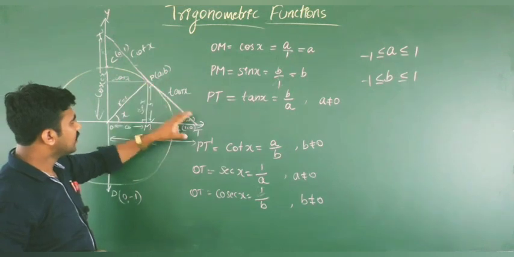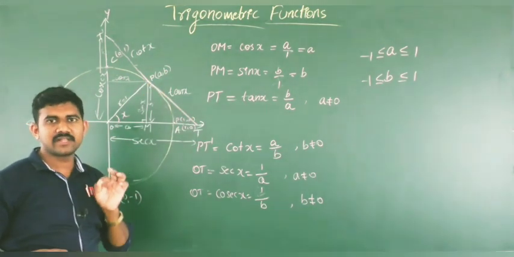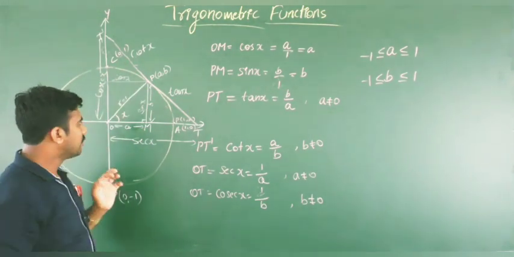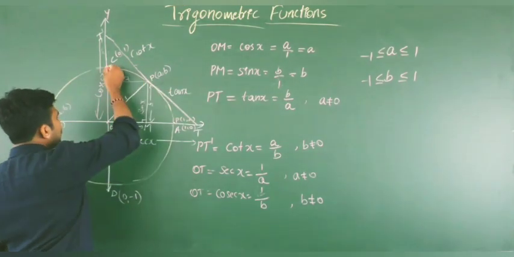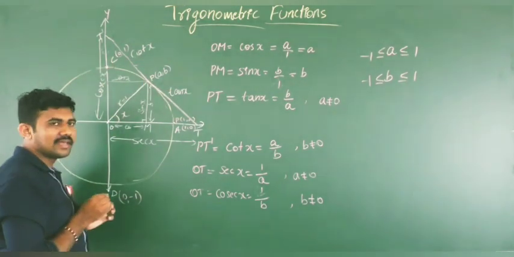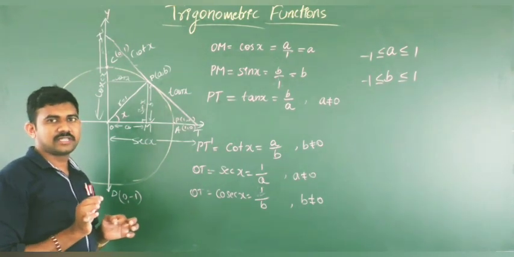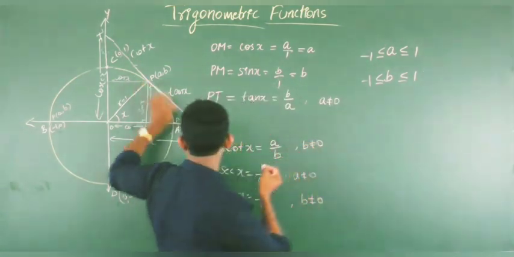Tangent means the distance from a point on the circle to the x axis, that is a tangent. But here we will not get such a distance, so it is not a tangent. But if you consider a point anywhere other than this point, okay, then clearly we can define the tangent of the function here. Okay, so here also there are infinitely many tangents we will get.